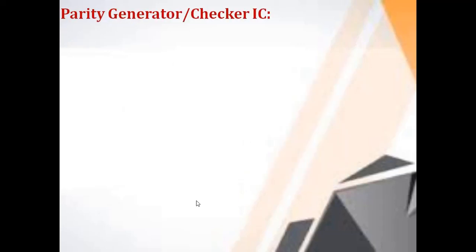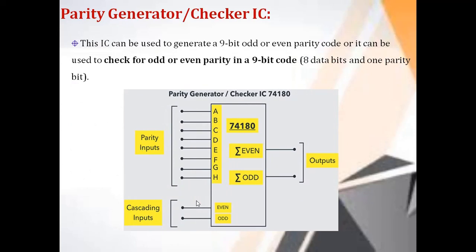Then the parity generator or checker IC. To perform the parity generation and checking operation, we use one kind of integrated circuit, which is known as 74180. Okay, right? Here the original message contains 8-bit data along with a parity bit. So in total we can send 9 bits to the receiver, and the receiver also receives 9 bits, which means 8-bit data along with the parity. The parity may be even parity or odd parity.